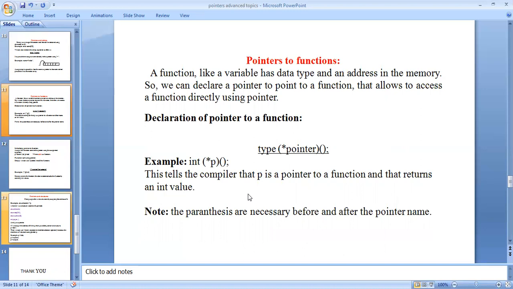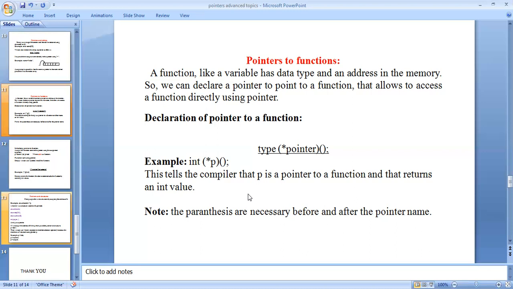That allows us to access functions directly using pointers. When a function is used with pointers, the addresses of the elements can be accessed directly.